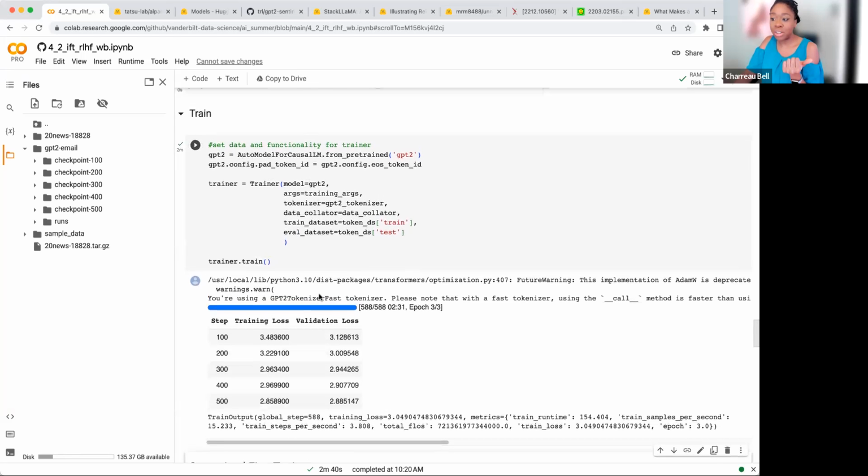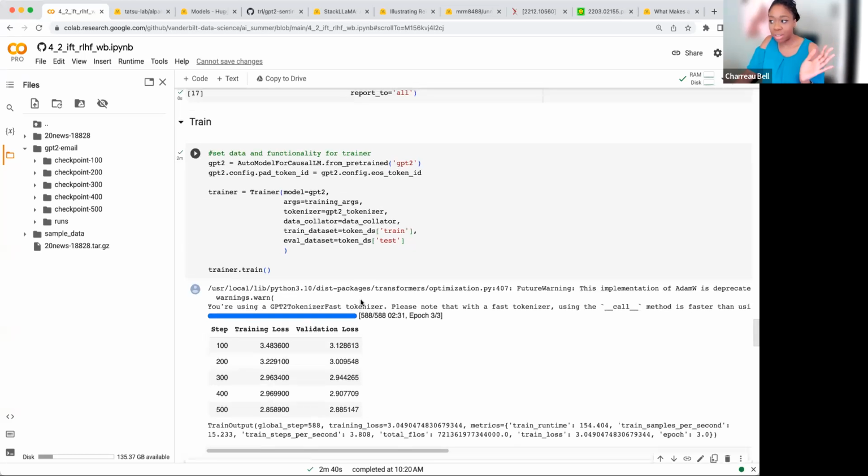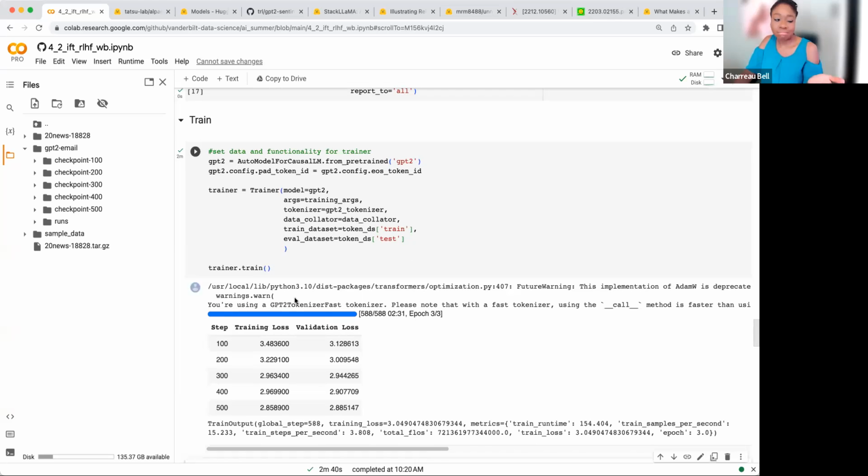Some people would just call this fine tuning, some people would call this just causal language modeling, and some people would call this semi-supervised. There are different names, but I think OpenAI will call this unsupervised fine tuning.